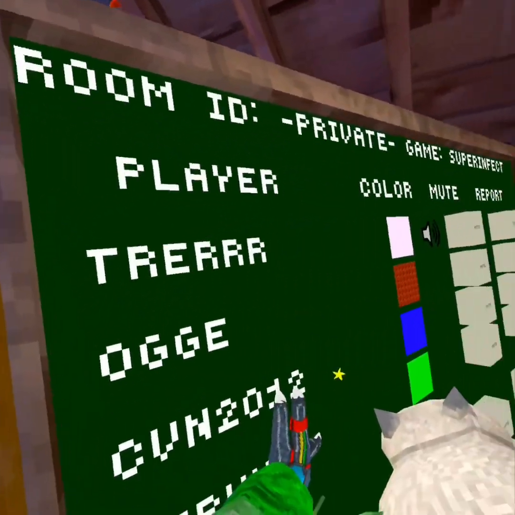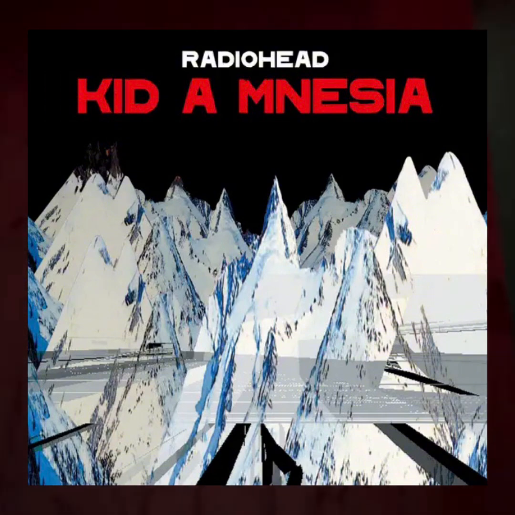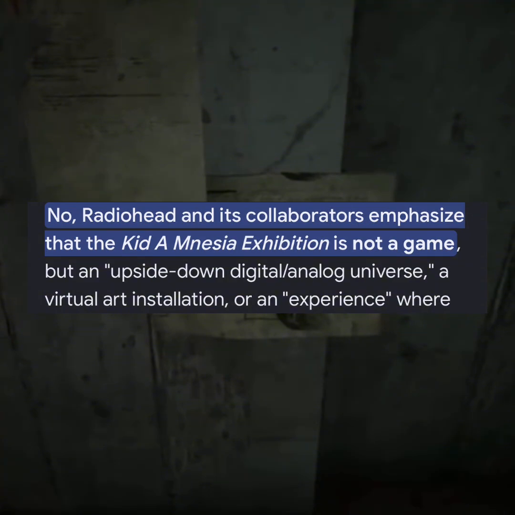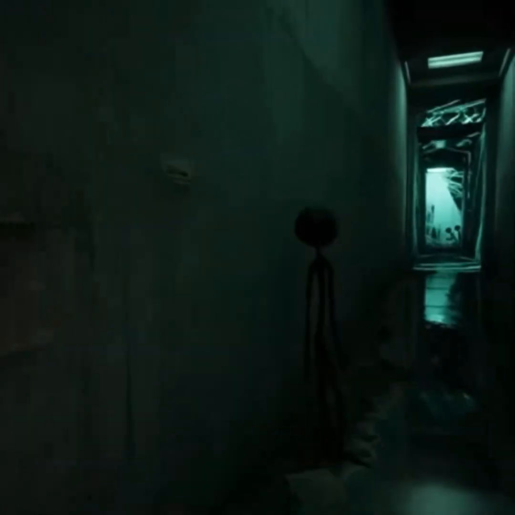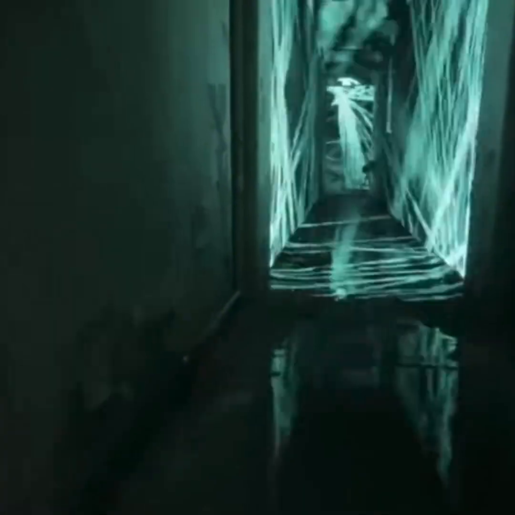Okay, you back? Well, here's some information about the game. Exhibition was released in 2021 along with a reissue of 2 albums. Kid A, of course, and Amnesiac. I'm using the term game very loosely because, thing is, there's no objective. Not even the people behind Radiohead consider this a game. I'm trying not to use the word experience here because I feel like that term's overused, but this is more of an experience, I believe. It's just walking around in a hallucinogenic atmosphere with some Radiohead. That's all I can explain it.